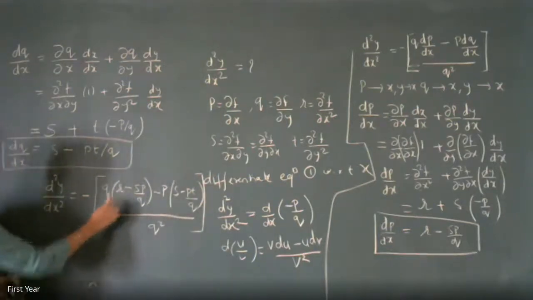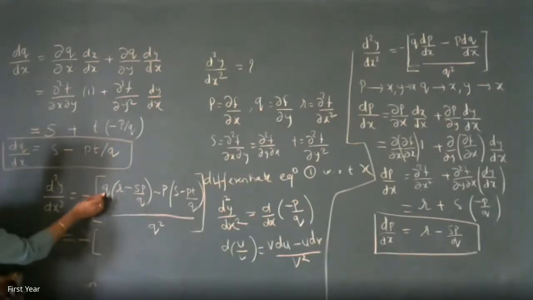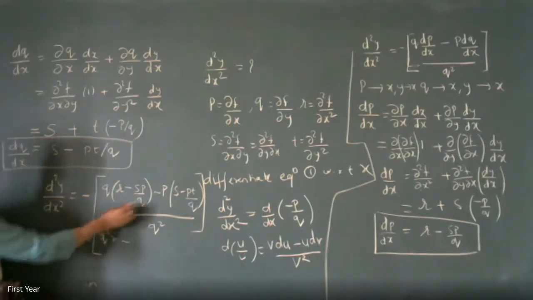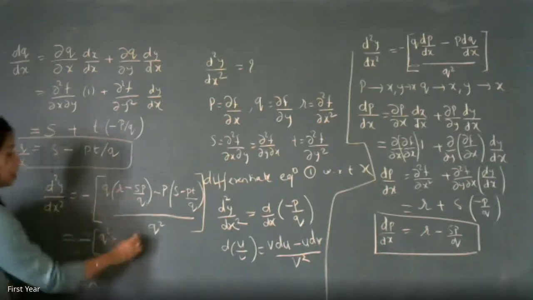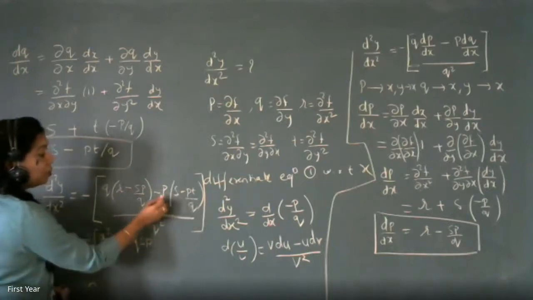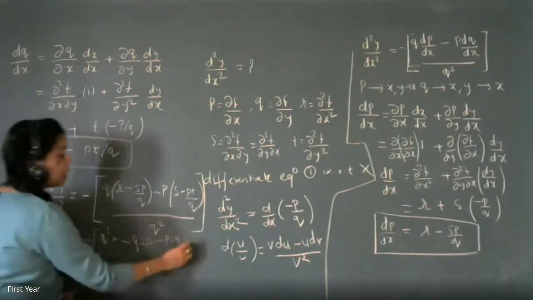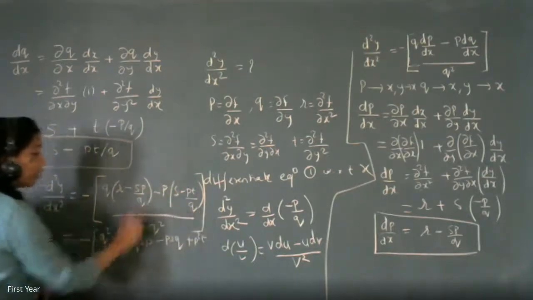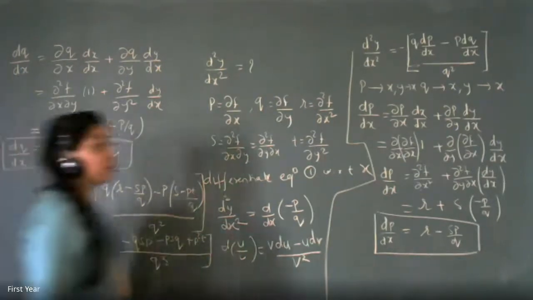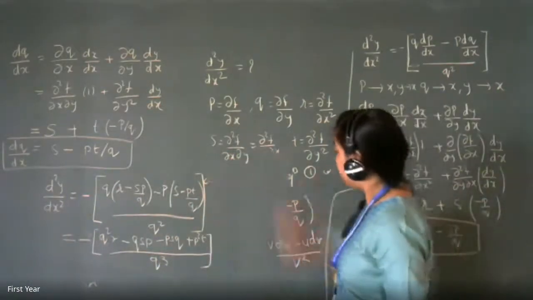Simplifying this, take the LCM, this will become, minus sign outside, this is QR into Q, so it is Q square R. Minus this Q I'm going to take down, minus it will be QSP. Then this also will be S into Q, SQ into P, so minus PSQ. Minus into minus plus P square T. This Q and Q will come down and it will become Q. Is this okay? I have simplified it just by taking the LCM.